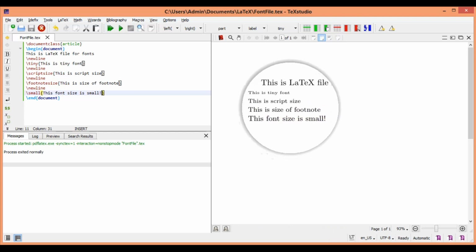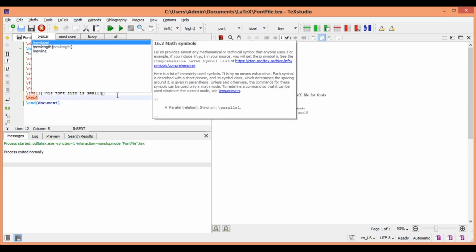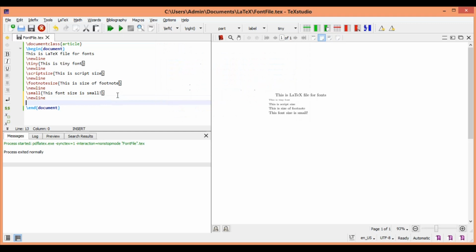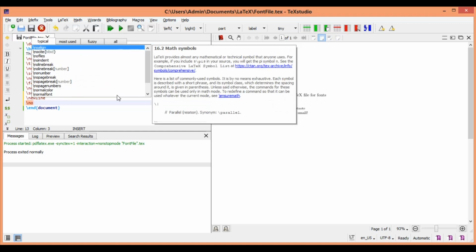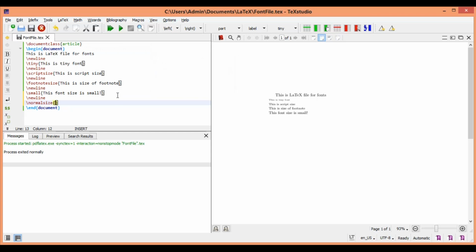As you see, when I highlight that, this is definitely bigger than the footnote size. Now the next size that you will see in LaTeX is normal size. There is something called normal size itself, and let us see, "This is normal font size in LaTeX."